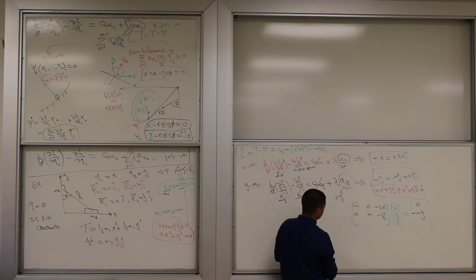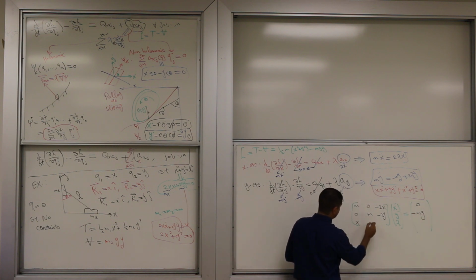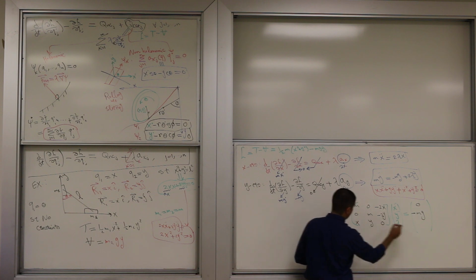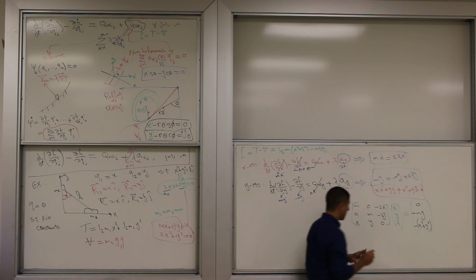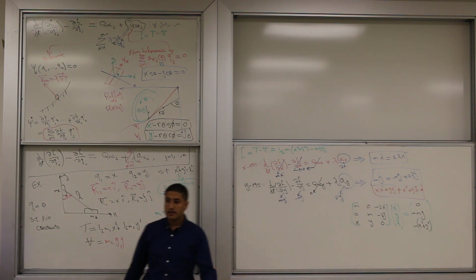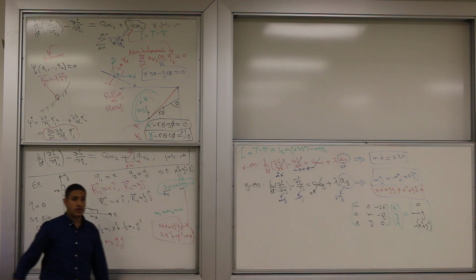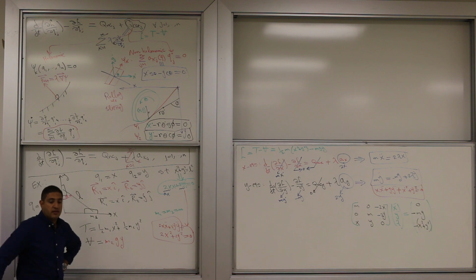The third equation is x double dot, y double dot, no lambda, and negative x dot squared minus y dot squared. Then you can solve these three linear equations algebraically to get x double dot, y double dot, and lambda. Once you get the lambda,